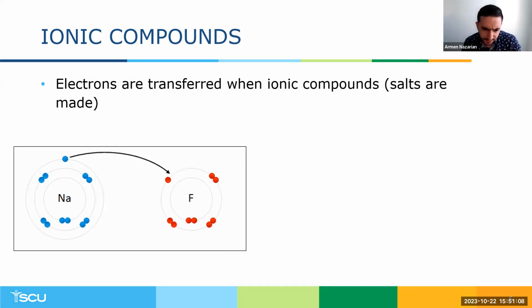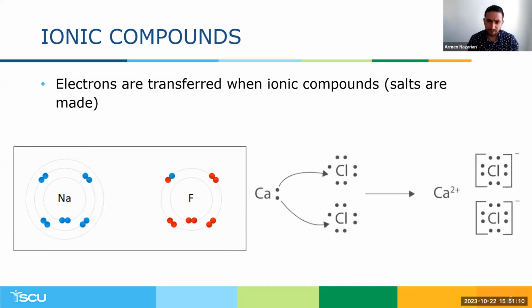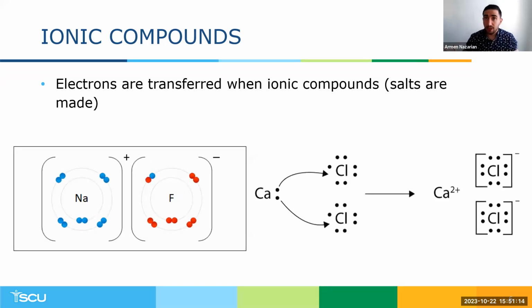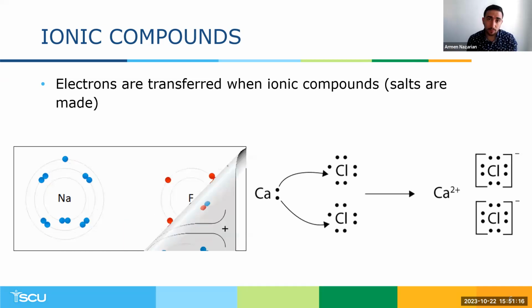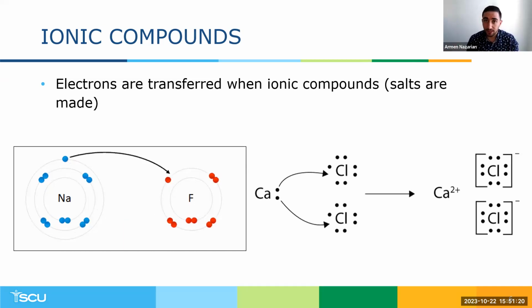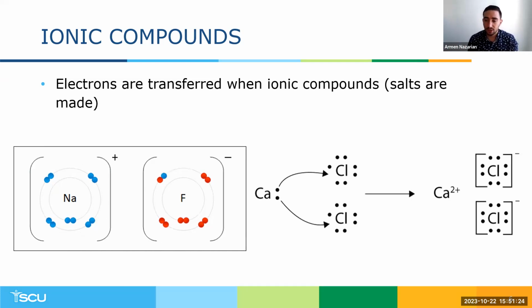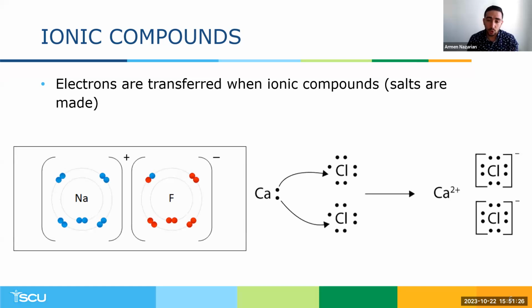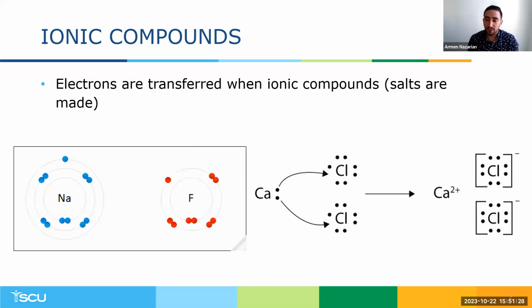Well, what if there is not a one-to-one ratio of electrons? What if you have calcium that would like to lose two electrons, and chlorine, which is a group 7 element, and would like to gain one electron? Well, then you have to offset the charges by the number of ions. So every 2 chlorine ions will offset the charge of 1 calcium ion. So the final compound would be calcium with 2 chlorides. So calcium chloride would have a CaCl2 formula.